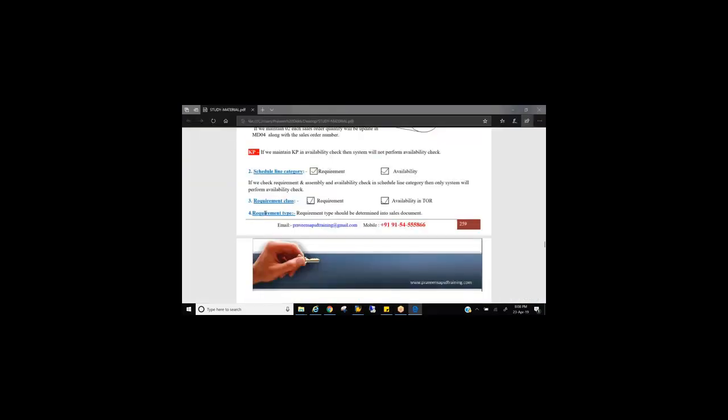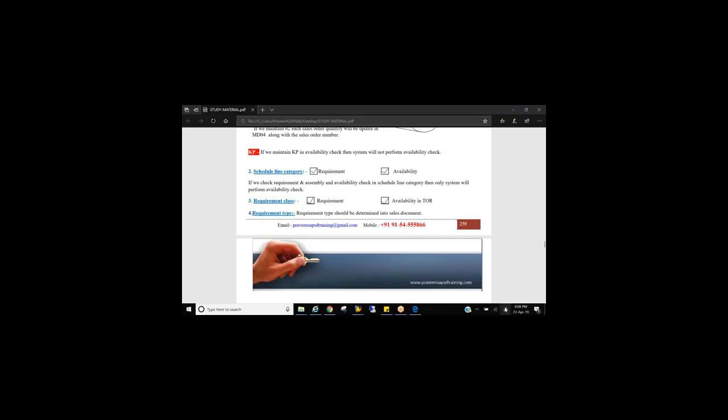In this concept of availability check, we will not discuss much about requirement class because here it's only a prerequisite. But when it comes to tomorrow's concept, TOR, transfer of requirements, this is a very big concept.